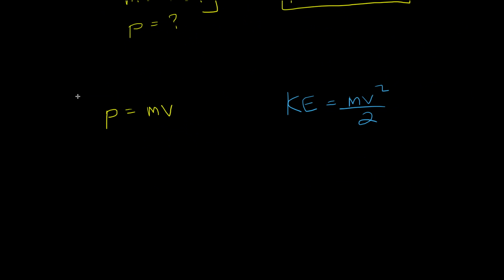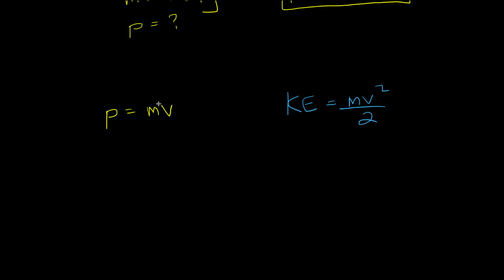Okay, here are our equations for momentum and kinetic energy. Now, how can we show that both of them are related? Well, the question we should ask is, what's the common variable that each of these equations share? Velocity. Both momentum and kinetic energy have the velocity variable in their equations. So what I'm going to do is take this momentum equation and rearrange it to solve for